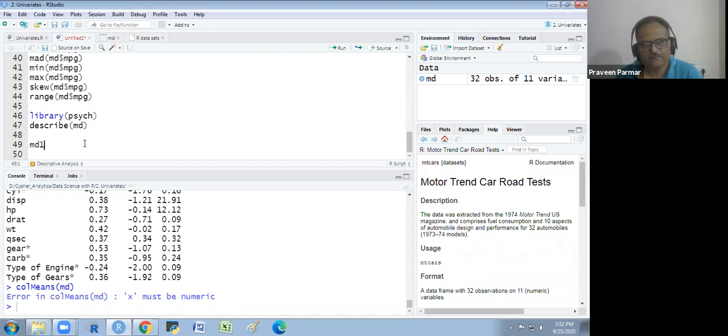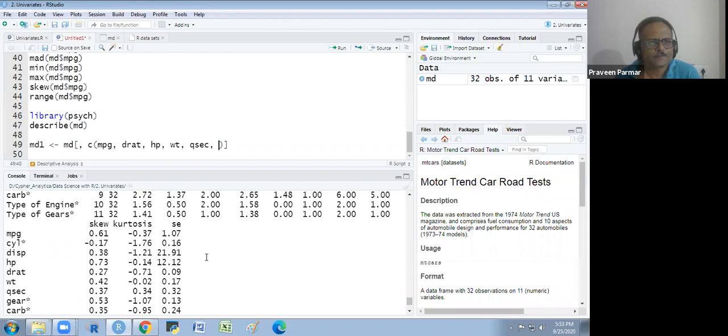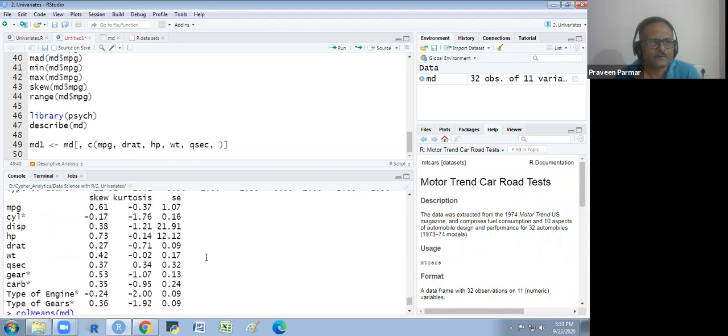So what I do is take a few numeric variables only and make another data frame. I'm making MD1, and in MD1 I am getting the variables from MD. I'm selecting a few columns: mileage, trot, horsepower, weight, usage, weight, horsepower.